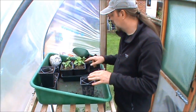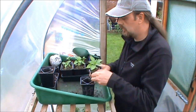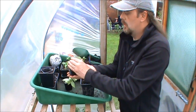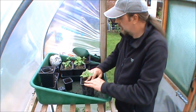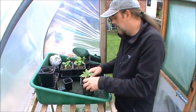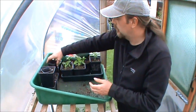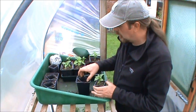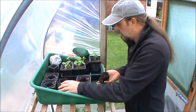Just going to get a good soak until the top compost starts to become damp, and then I know it's taking up what it needs now. We'll probably end up in probably 10 litre pots, these. I've always found with peppers, if you keep them in small pots, they don't tend to do too well. They like a right coarse compost, and treated a little bit on the mean side, so it's kind of